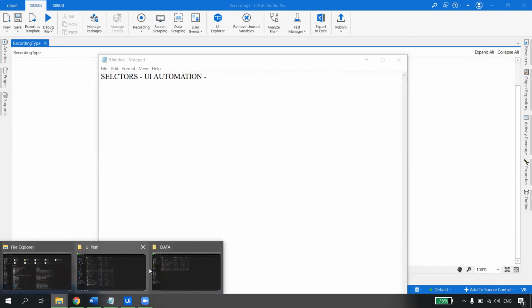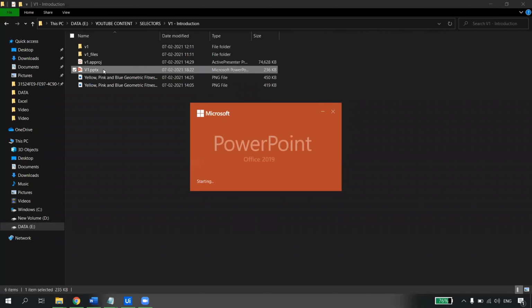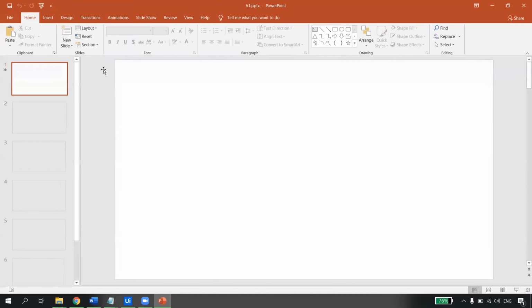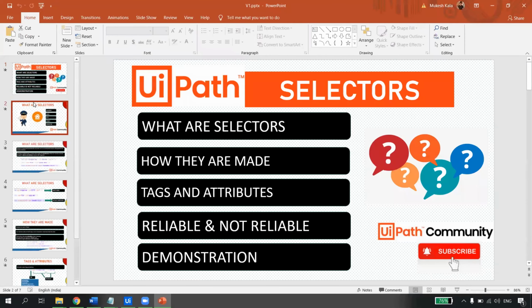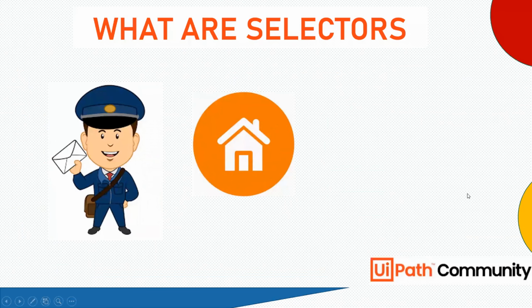Then we will come back to the differences. I will not go into much detail, but you should understand what selectors are. Keep everything we have listened to so far aside. Tell me, how does a postman deliver a letter?